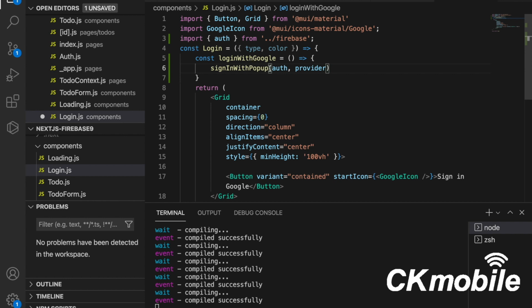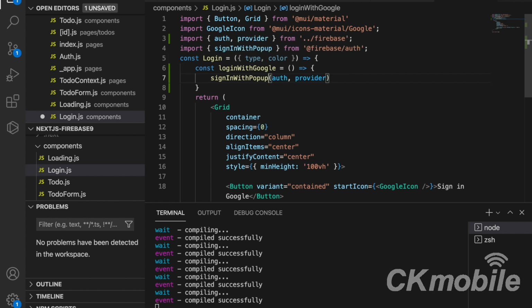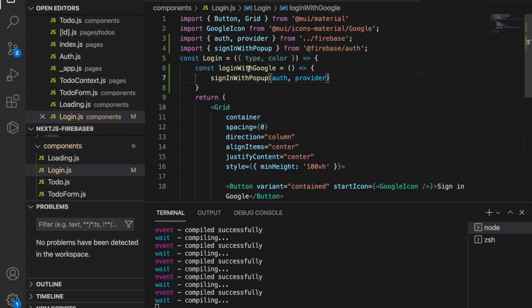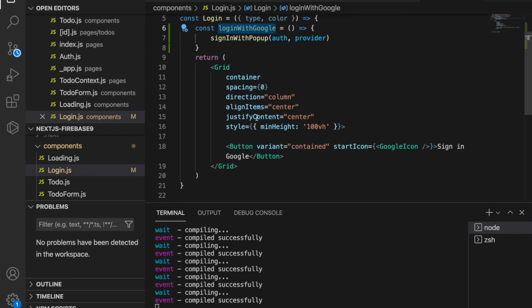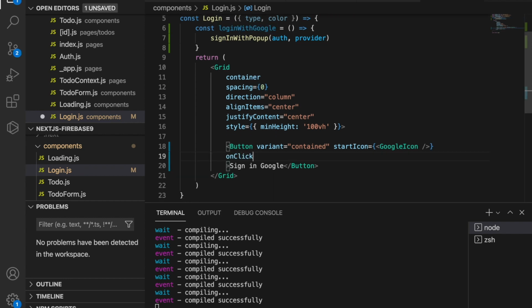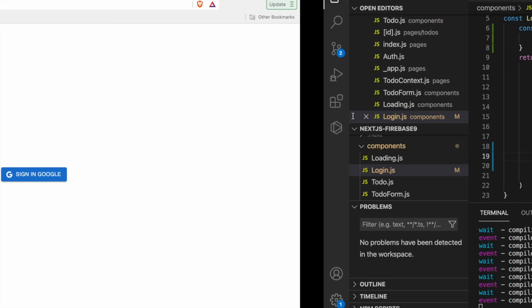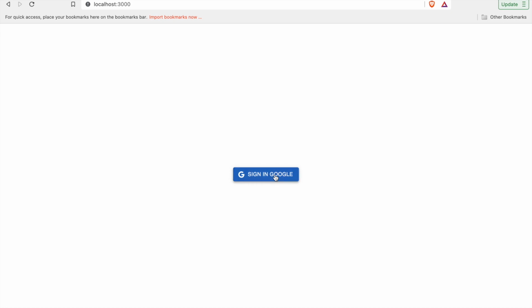And then we also have to add the Google sign in with pop-up from the Firebase auth. So we already created the functions, and so we can bind this function to our button. So we go to the button and then type onClick is equal to signInWithGoogle. And now if we press on this,